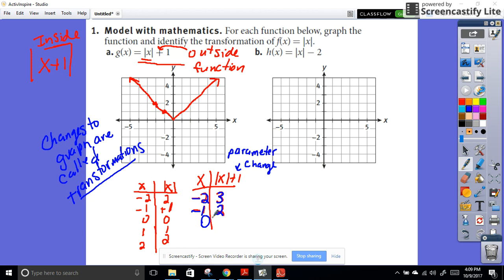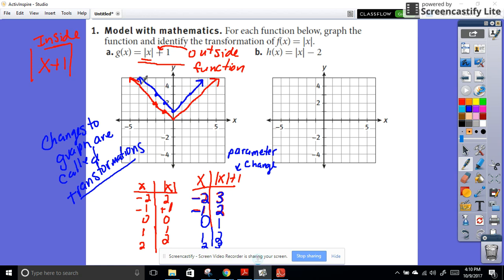Okay, so we're in the process of finding out what the new points are. If you plug in 0 for x, the absolute value of 0 is 0. 0 plus 1 is 1. Plug in +1, the absolute value of +1 is 1. 1 plus 1 is 2. And plug in 2 and you'll get 3. Plot those points: -2, 3. Plot -1, 2. Plot 0, 1. 1, 2. 2, 3. Connect all of those, and what you'll see